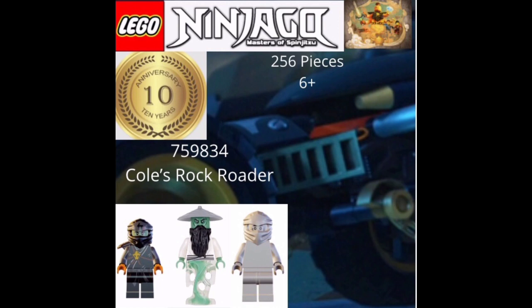So obviously, if this was a spin-off set, it would not have Yang, or the Ghost Student, I guess. It would come with Legacy Cole, and it would come with one of the Legacy Serpentine. It would probably be either Spitta or Lasha, most likely Lasha, sorry, Spit Bricks. And hopefully, if they do the set,